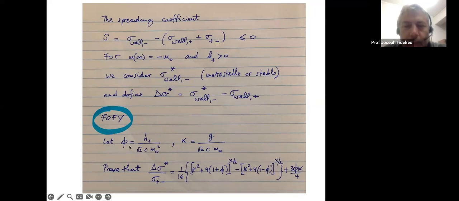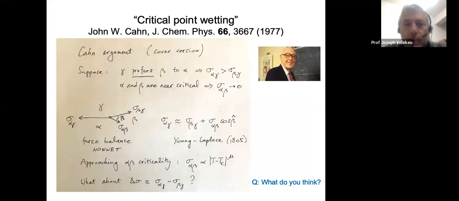Phi is a reduced surface field in this way, and kappa is a reduced enhancement in this way. Now why is this useful? Once you have done this exercise, you're able to discuss all the situations that can occur, and I will comment on those situations after I've introduced the critical point wetting